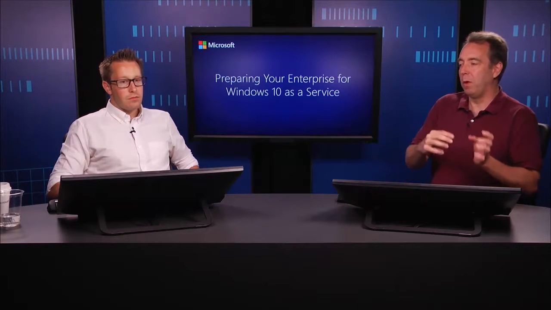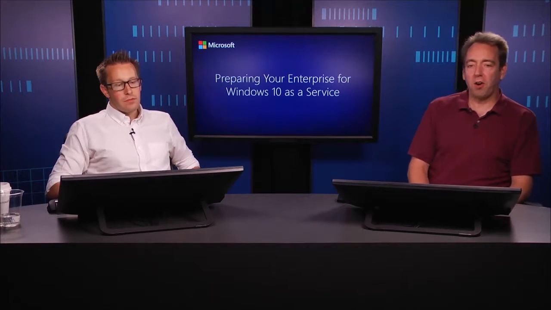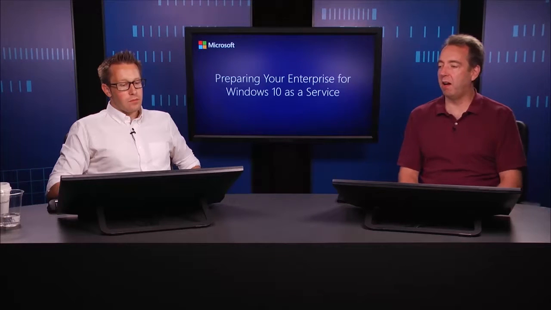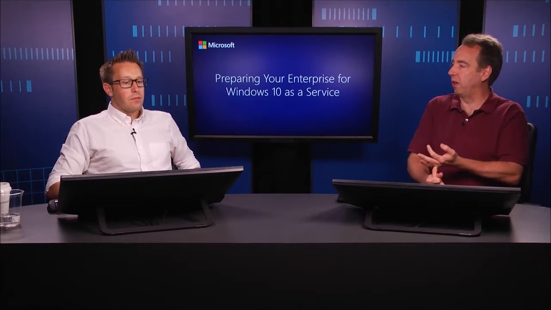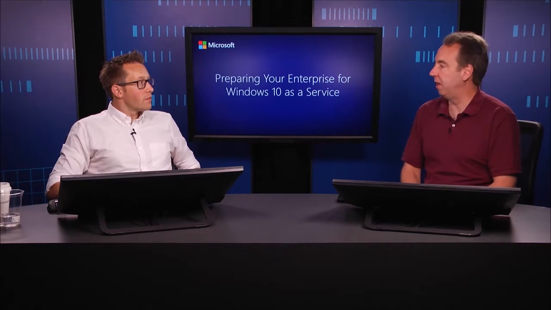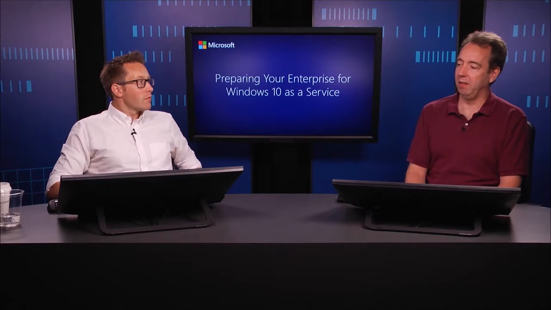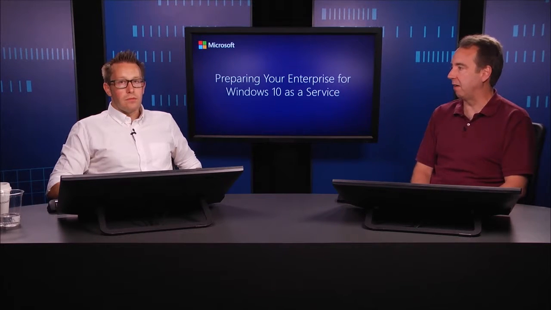So you have to think about this then to look at, what do I put into each bucket? And you start off with machines that are on the insider branch. You as an IT pro want to be able to see the new features in Windows as they're being developed so that you can try them out, you can provide feedback, you can see how they work within your organization. So you want some small percentage of machines on that. Might just be a few dozen machines, but it gives you that key visibility into the new capabilities and a key avenue for providing feedback to us.